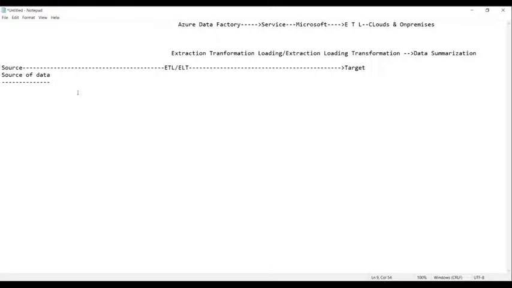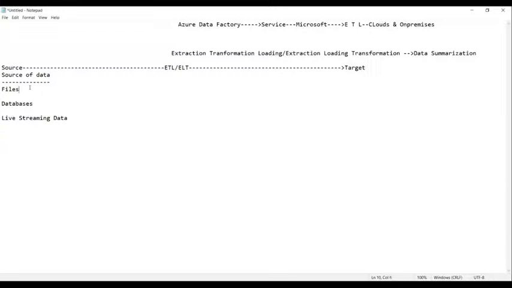Files. Yes, exactly. Flat file, text file, a video. So files, and then we can have databases. Databases. Yes. Live streaming data. Very good. So these are the things we have: files, databases, and live streaming data. These are the three sources from where we get the data.